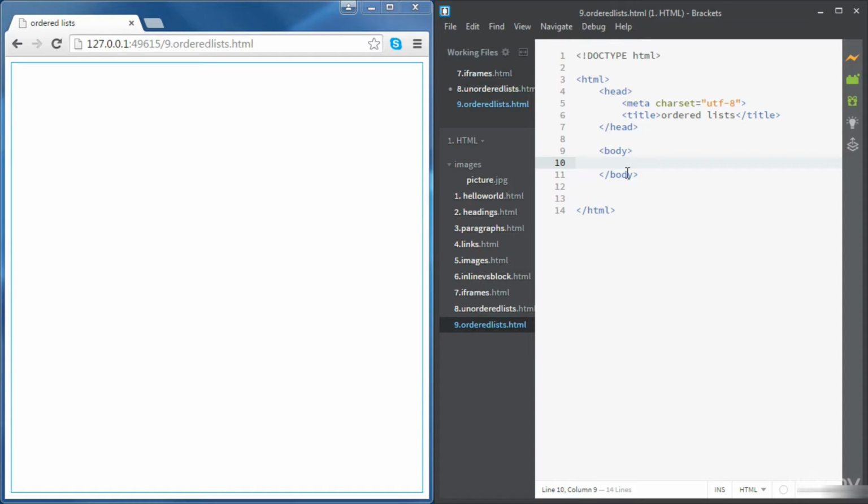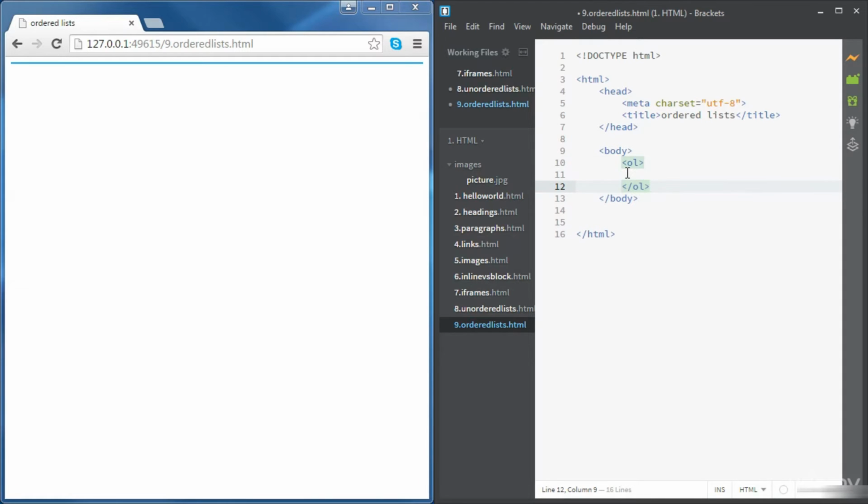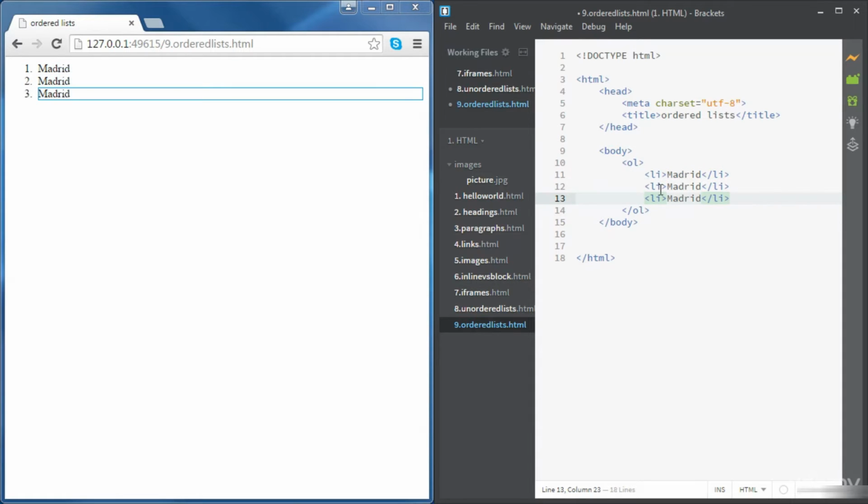So the syntax is pretty easy. We're going to use the OL tag for ordered lists. And then inside the tags, we're going to have our list items. Okay, so let's go again for a list of European capitals, starting with Madrid, and then Paris, and then London. Okay, so this is an ordered list, and by default the list items are ordered using